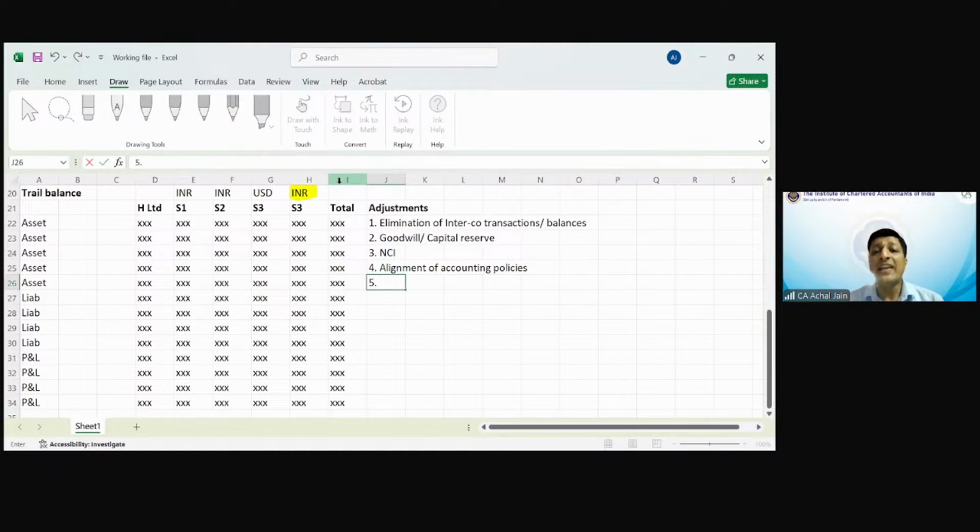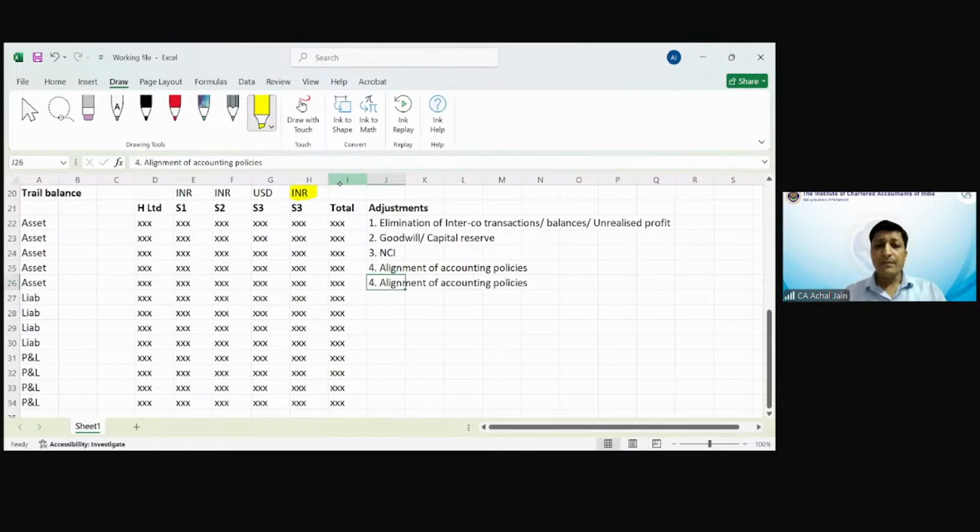When it comes to elimination of intercompany transactions, there could be some unrealized profit. Let me just add that over here. If there is some unrealized profit, that needs to be taken out. And similarly, a lot of other accounting requirements. Okay, further,